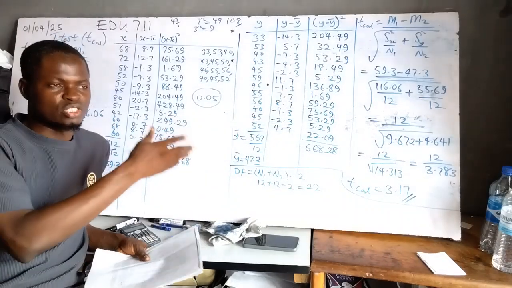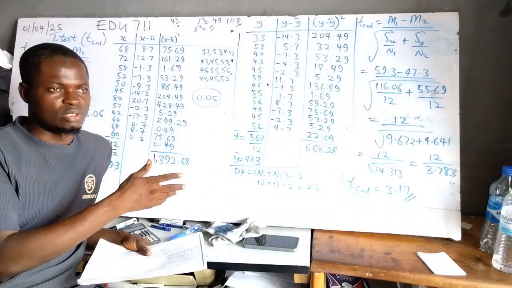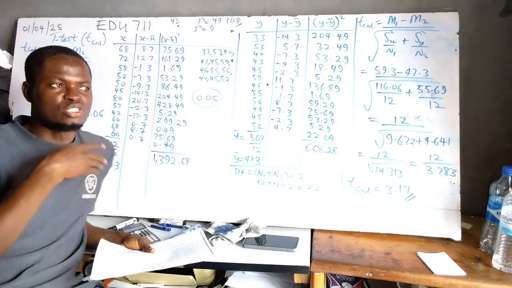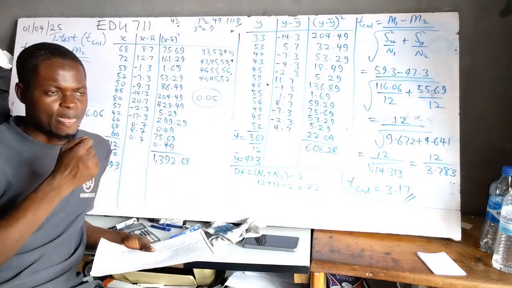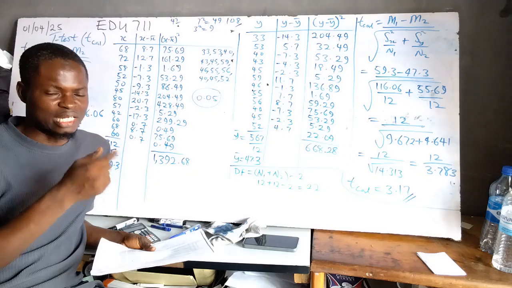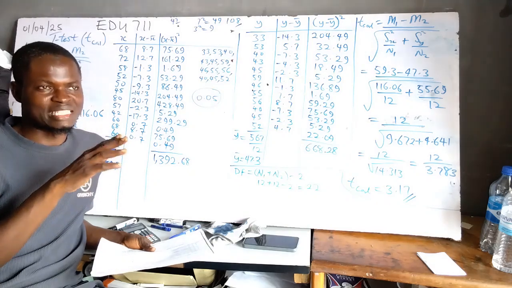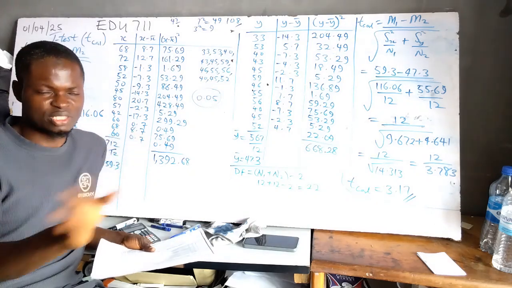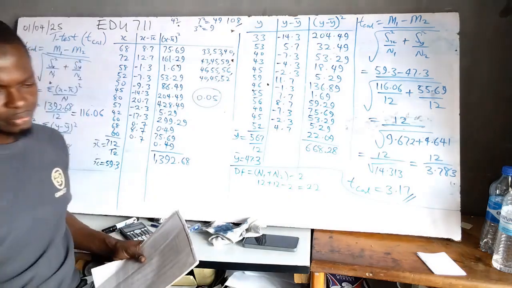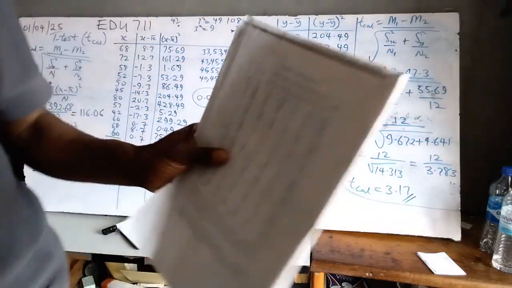And when you are setting this question yourself, a hypothesis like the one we are solving, always use a non-directional hypothesis or a non-directional test. Don't mention whether it is higher or lower, just talk about the difference. So now when you look at this,